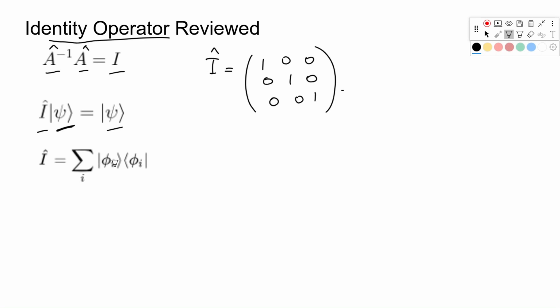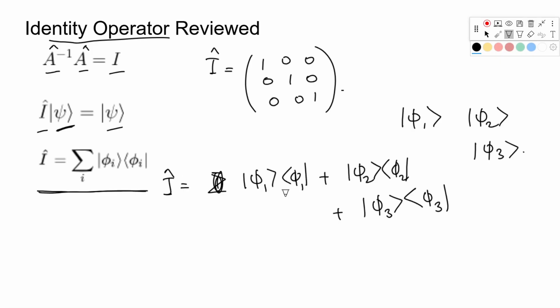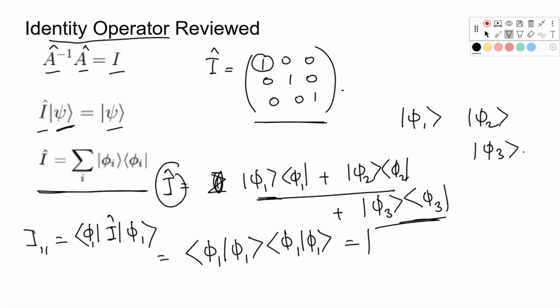Another way of representing the identity operator is something like this, and we can easily check it. Let's say we have this basis. Now the identity operator will be, and you can easily see this when you represent it in this diagonal form. For example, this element is given by, and when you do this, only this part will survive, and you can write it as, which is the, you can see that you represent the identity operator in this form. This is a very useful form for solving problems, and we will see the application of this in the next